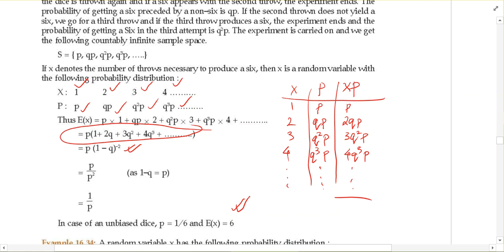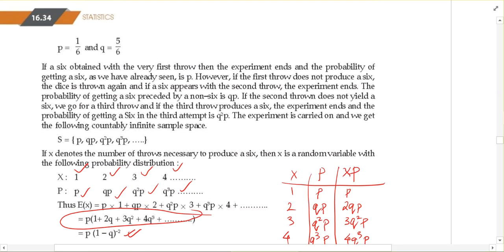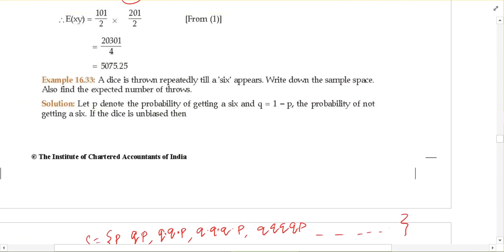By thinking like a sensible person, we can also arrive at this conclusion. We have to obtain 6 once, and the die is thrown repeatedly until a 6 appears. So the probability is 1 by 6. The probability of obtaining any particular number, be it 1 or 2 or 3 or 4 or 5 or 6, is 1 by 6. Okay, so if we have to obtain one specific number, then